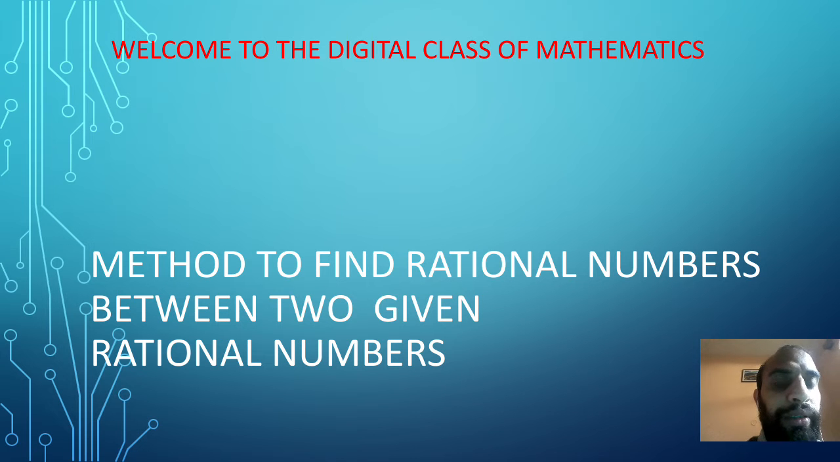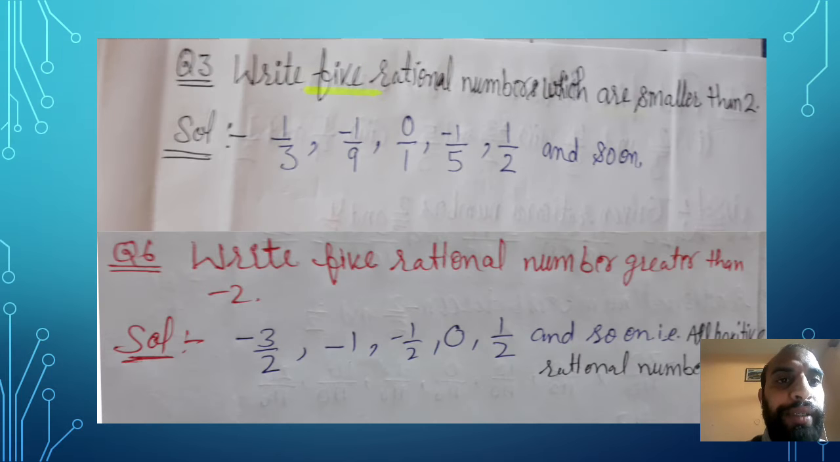Before starting this topic, I will tell you how to find rational numbers when only one number is given to you. Let's take your question number 3. Write 5 rational numbers which are smaller than 2. As you all know, by using the number line you can see 2 is on the positive side and we need to write numbers smaller than 2. That means all the numbers that are on the